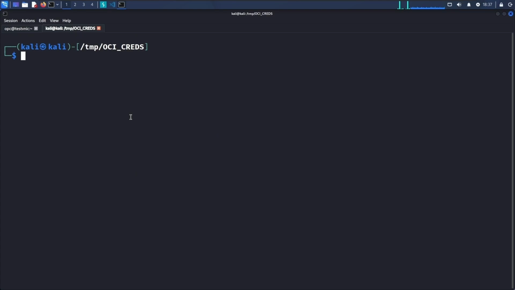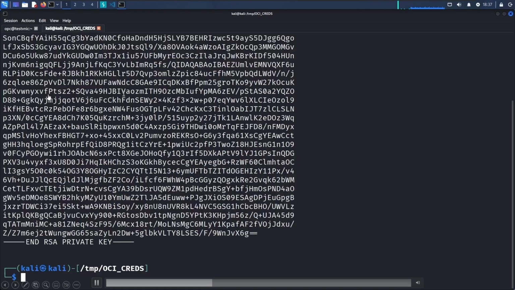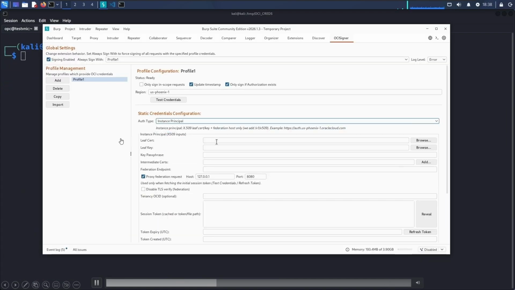So I was just on the compute instance, and I catted all those key and intermediate and cert files. I then copied those to my local disk, so I'm no longer on the compute instance. I'm now just on my local computer. So I've got all this different stuff, cert.pem, intermediate.pem, and key.pem. And right, you can see I can cat. So again, I just copied this to my local file system.